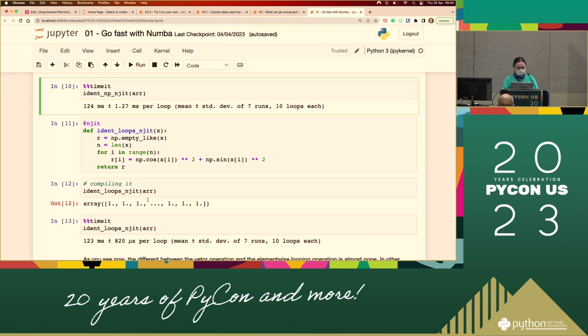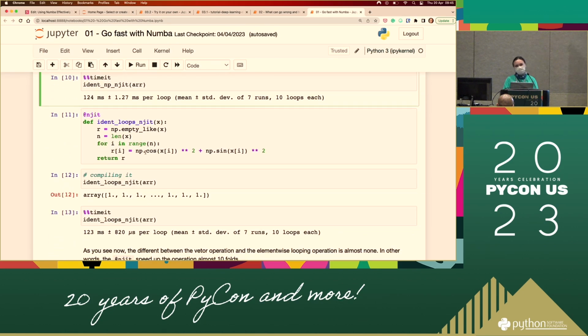But for example, if I have this piece of code in my project and I have to make it faster, you just apply this njit and then run it. You won't write it first and then write it a second time. You won't even write timeit, because you just want it to be fast. Maybe you already tried before, but in production you won't write timeit. So you just run it once.